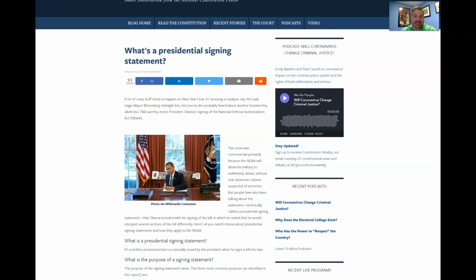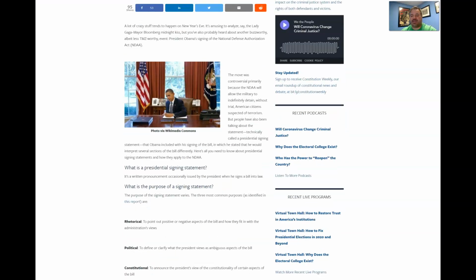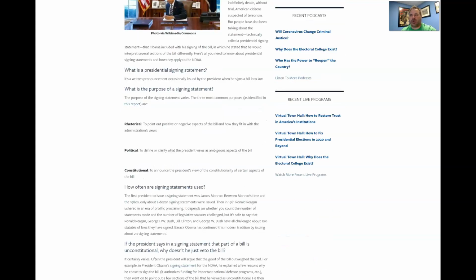And presidents since then have used this tool to either make a rhetorical statement about a law that they're signing, saying whether they like it and why, defining some political interpretation of a maybe vague or ambiguous part of a bill, or order the executive branch to interpret a law, or announce the constitutional position that the president has on a particular bill, and then say whether or not they're going to enforce that